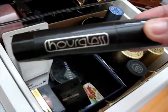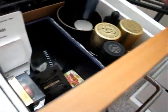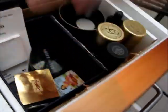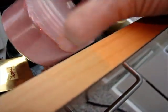I really enjoyed using this Hourglass sponge applicator blush. It's fun. And I'm using this YSL one more and more. I like it. But let me tell you a bad story. This is the most beautiful powder blush